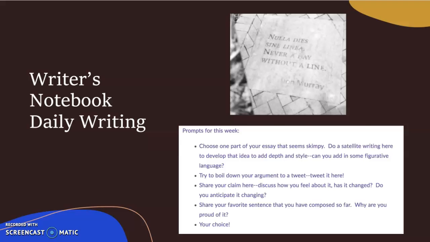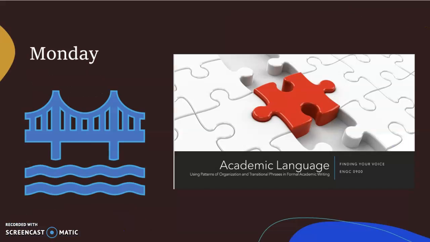All right, so let's take a look at Monday. Monday, you are going to be doing a voice thread on academic language, which focuses on patterns of organization and transitional phrases. This is a quick and dirty look at organization. It's a whole unit when I teach reading, so hopefully your reading teachers are going over that in a little bit more depth than I do. This is the only presentation I'm giving you on that, so if this is something that's confusing to you, please don't hesitate to ask for a conference or to talk to me about it, because we can definitely talk more about it.